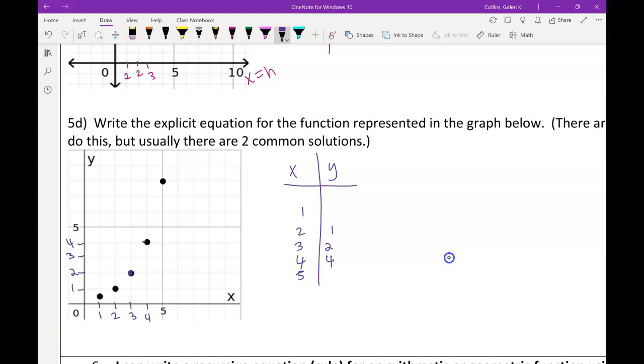Oh, I see what's happening. So this must be an 8, right? Let's check. 5, 6, 7, 8. Good, because if that wasn't an 8, I put that dot in the wrong spot. Beautiful. So now I could think backwards, and I could know for a fact that if I'm going down my